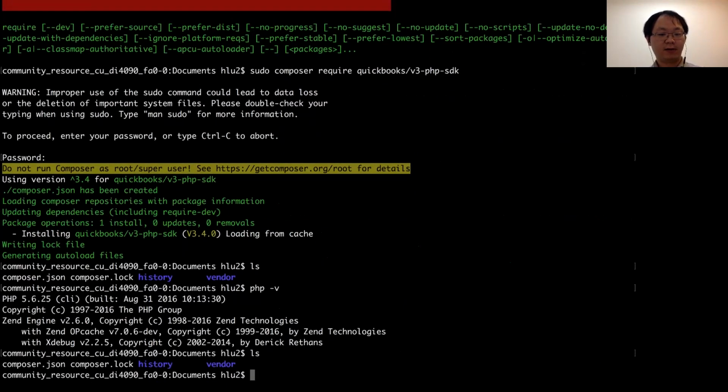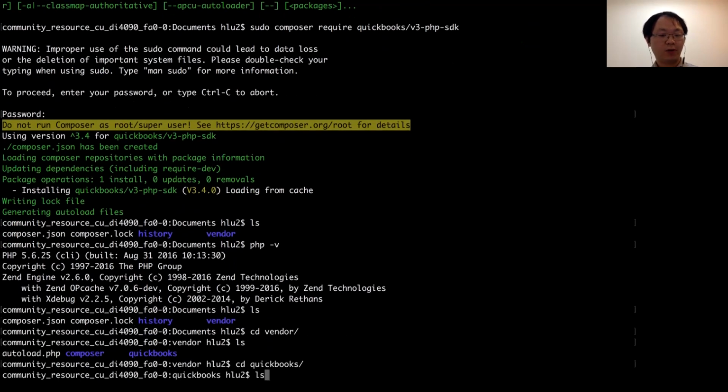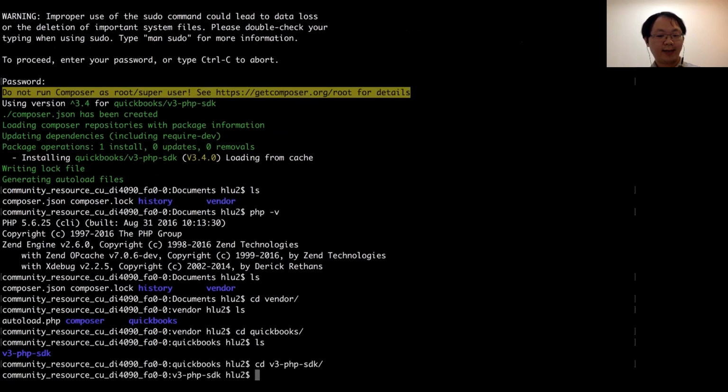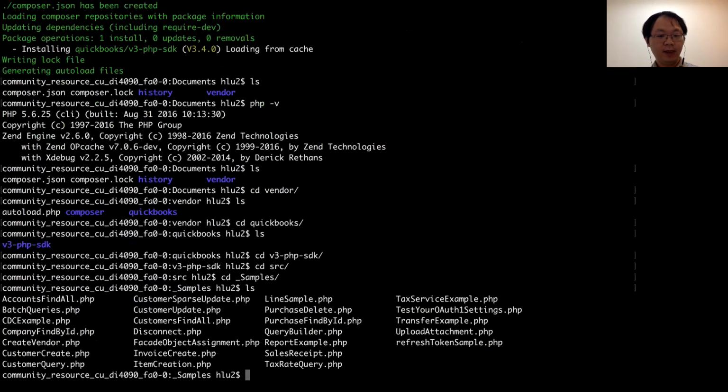So I just installed the composer from the PHP GitHub link. If I go to my vendor page, I'm going to find QuickBooks, go to the SDK. There's going to be a source folder, and we're going to go to the samples. So there's a list of samples. I can simply type PHP, for example, invoice create,